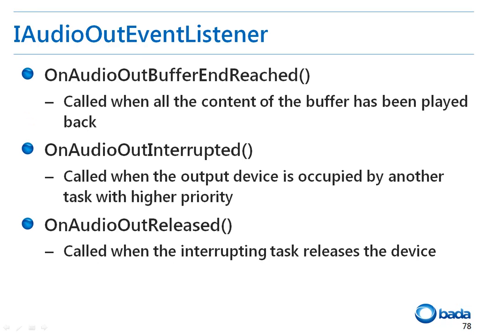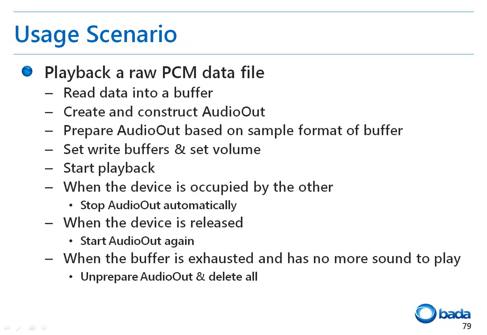As before, the iAudio Out event listener used by the Audio Out class provides functions very similar to those provided by the iAudio In event listener. Let's briefly look at how to play PCM data using the Audio Out class. First, the following procedures to get the data to be played into the buffer are necessary. The Audio Out class is created and constructed. Then, the Audio Out class is prepared using the sample format of the PCM data in the buffer. The buffer is added by calling the write buffer function. If necessary, you can set the volume. Then the audio can be played by calling the start